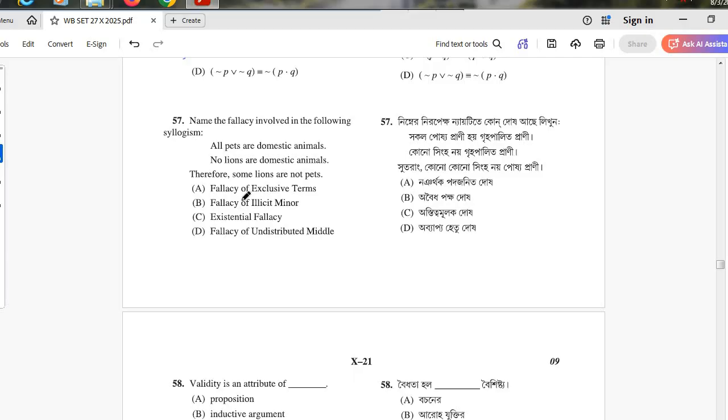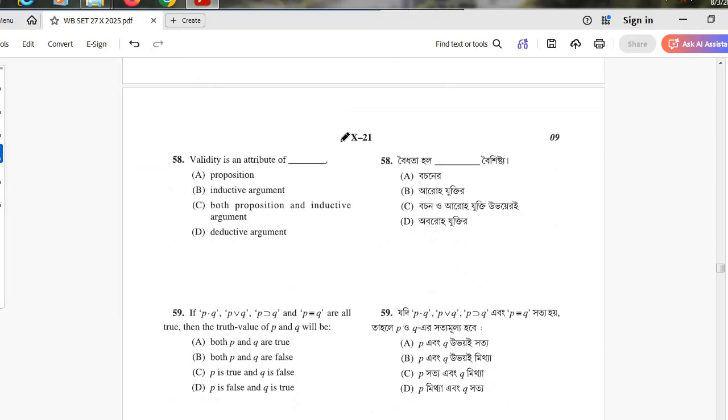और इस क्वेश्चन का सही आंसर है ऑप्शन C, एग्जिस्टेंशियल फलासी। एग्जिस्टेंशियल फलासी का डेफिनेशन क्या है? अच्छा, बाद में हम लोग डिस्कस करेंगे, आज बस प्रैक्टिस करेंगे, ठीक है।